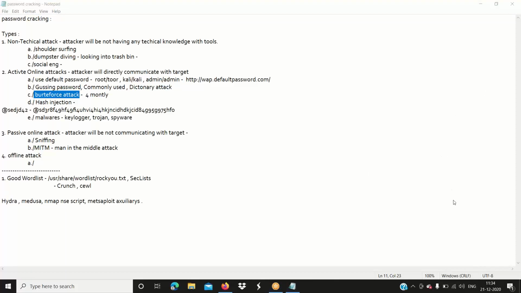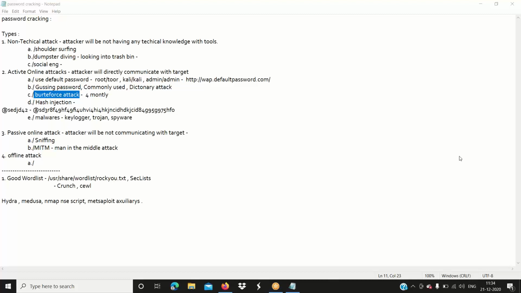Kalyan asks: how much time will it take to check those 10 million passwords? It depends on your CPU performance. Within these 10 million passwords, will any password match for any account? We can't assure that, because if they have changed their password, we can't get it.